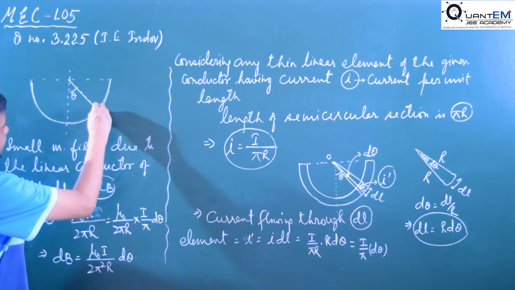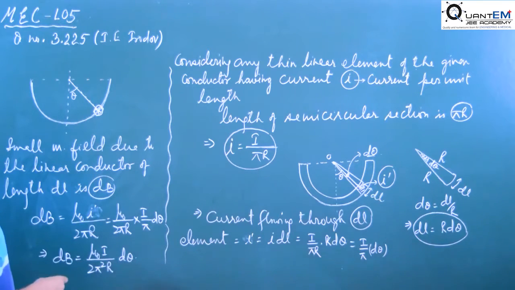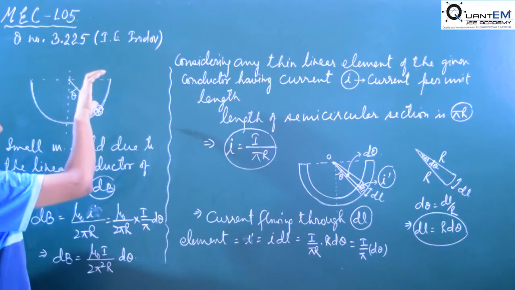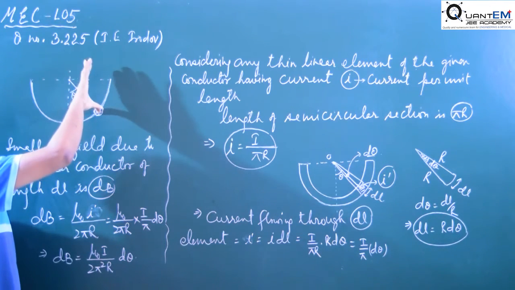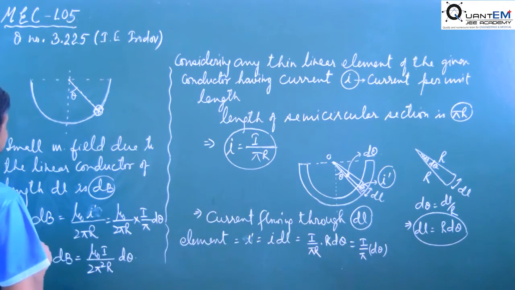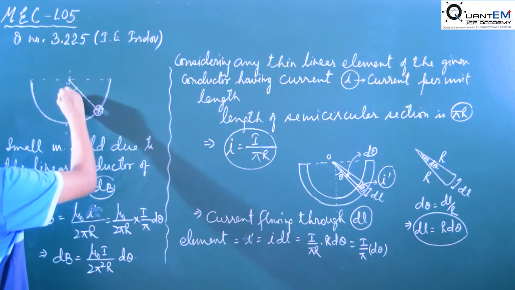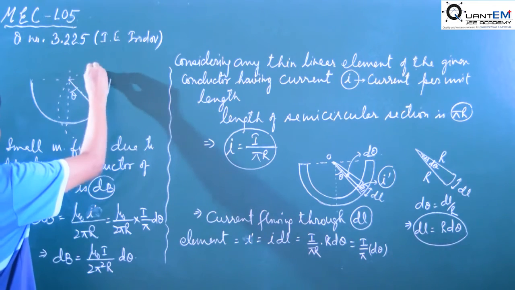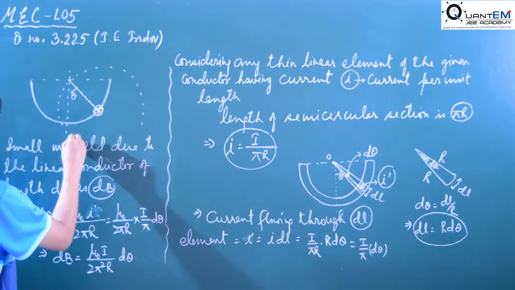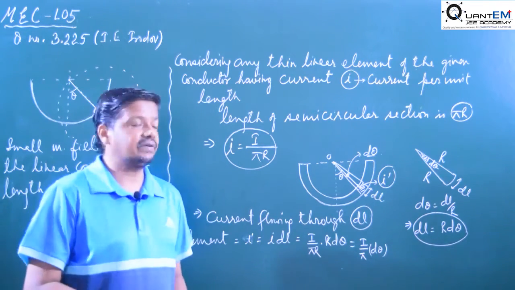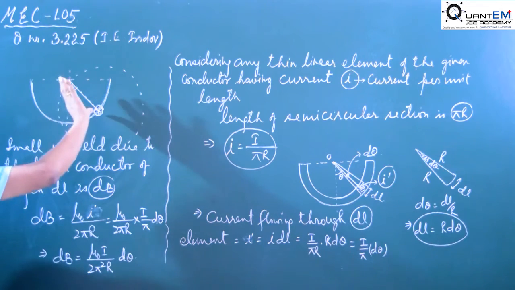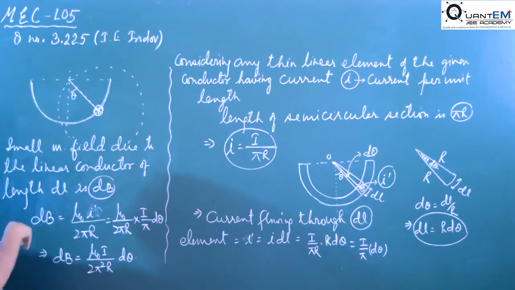Here, current is flowing inside the plane of paper. So we can find the direction of magnetic field according to the right hand palm rule. In the direction of current, we take the right hand thumb, then the fingers will give you the direction of magnetic field intensity. So you draw a circular arc here like this. This is the line of force, and the tangent at any point on the line of force gives the direction of magnetic field intensity. So see the direction of fingers here. It is in this direction.